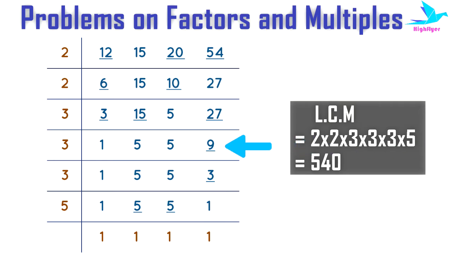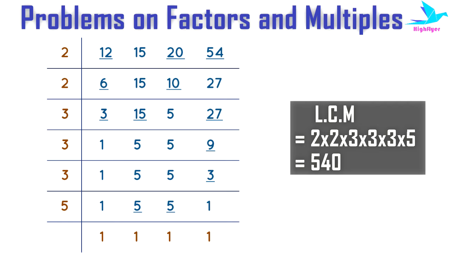Now if it were finding out the HCF or the highest common factor, we would have stopped here. But for LCM, the process is a little bit different. We'll further divide all the numbers by the common factors till we get all the remainders as 1. So again we'll divide the set by 3, out of which 1, 5 and 5 are not going to be divided by 3. So 9 is getting divided by 3 and the answer is 3.